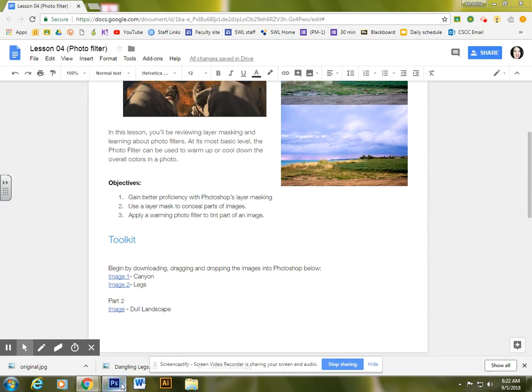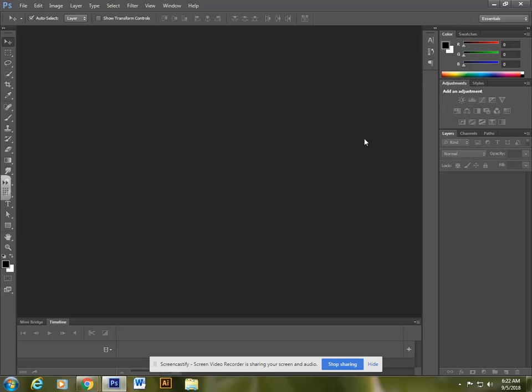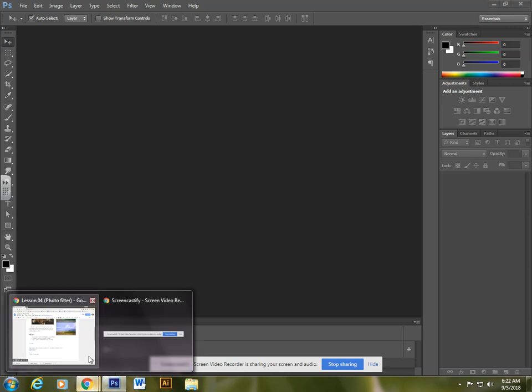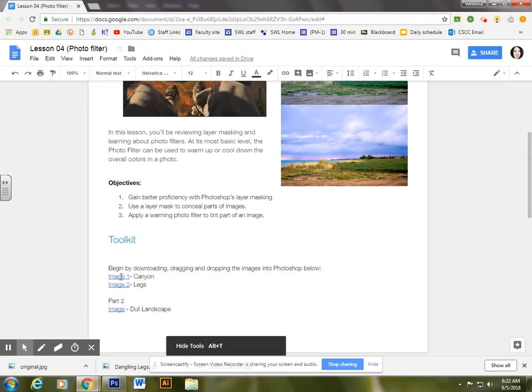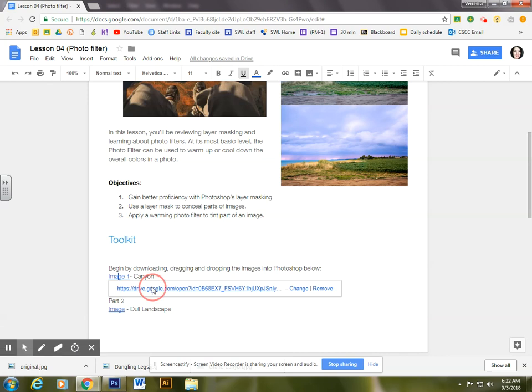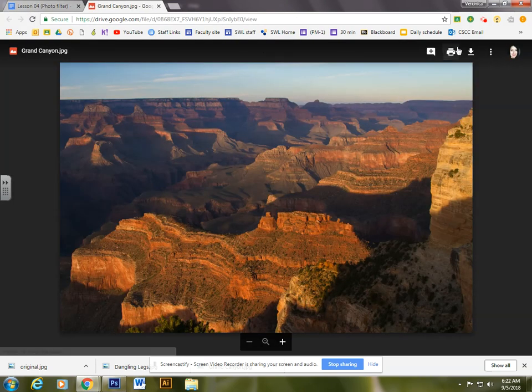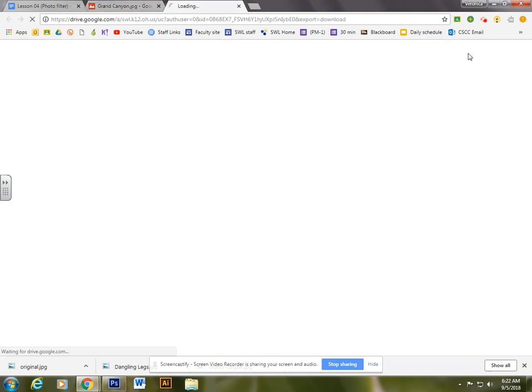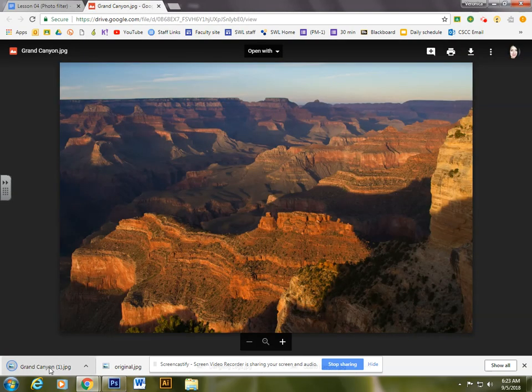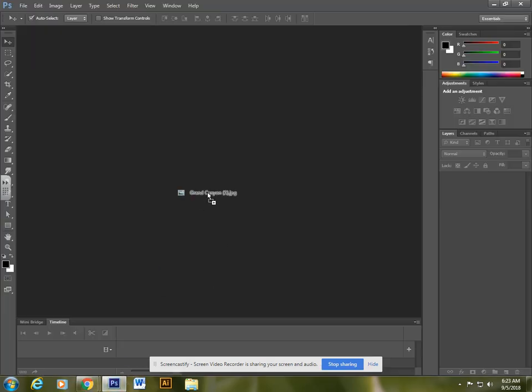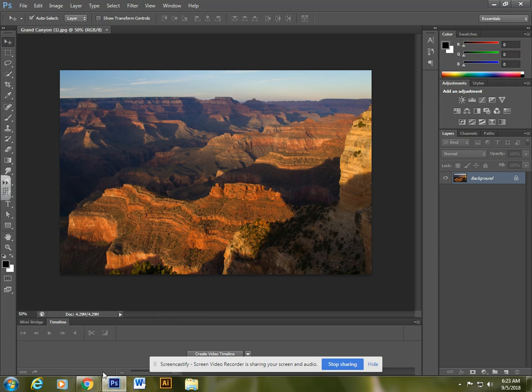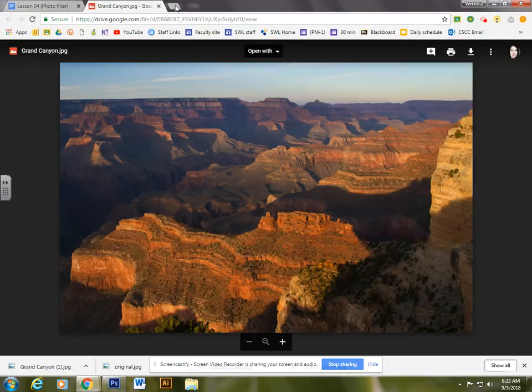So to get started, make sure you have Photoshop open with nothing open inside of it. And you want to begin by downloading the first image here of the canyon. You want to make sure that you hit the download button here at the top. Once it downloads, you want to click and drag it down into Photoshop. Then you want to go back